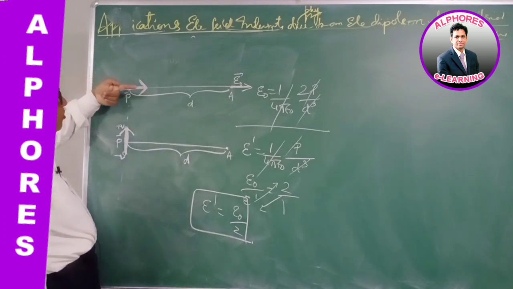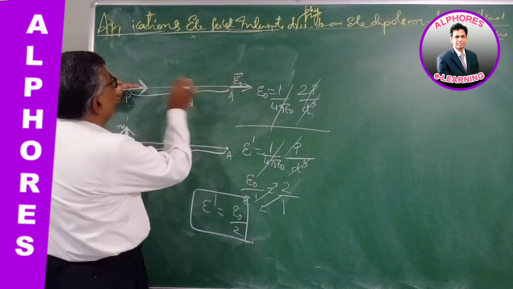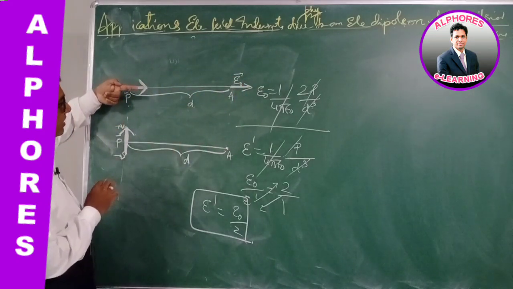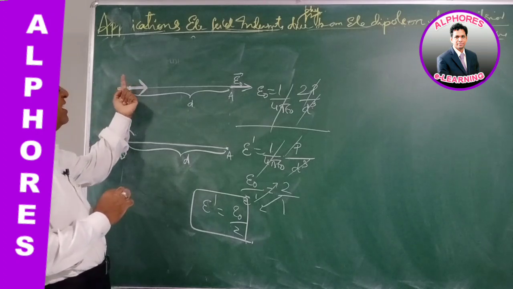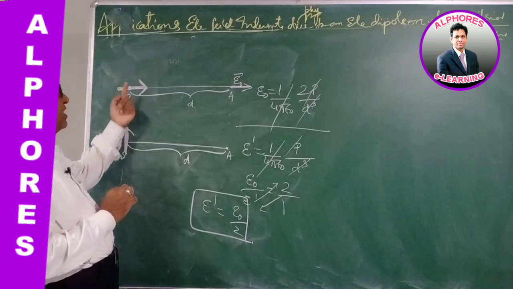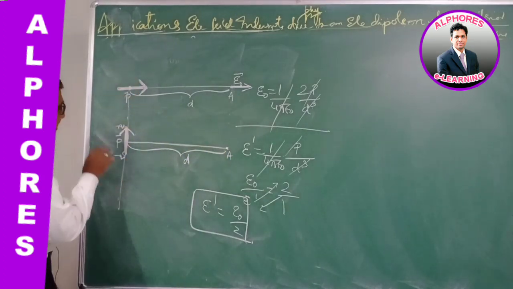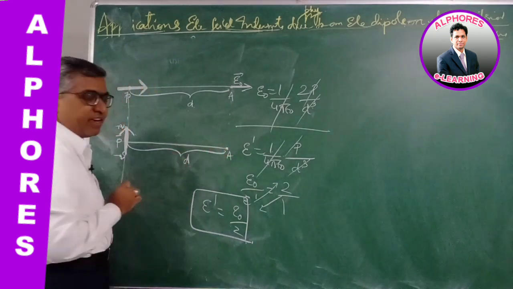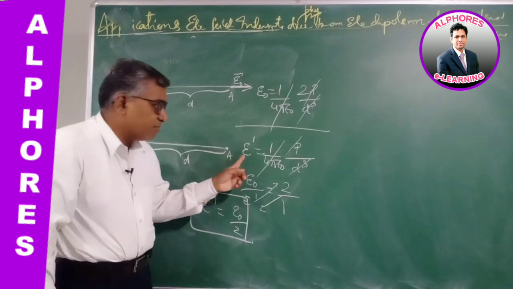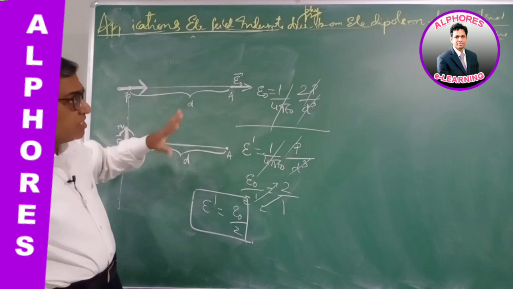An electric dipole is placed in this form. Initially the point A lies on the axial line, and the initial electric field intensity is E naught. Now the dipole is turned through 90 degrees. The same point will now appear to come on the equatorial line of the dipole. So now the formula is p by d cube, and the field becomes half. Right? It is the same question given in a different form.